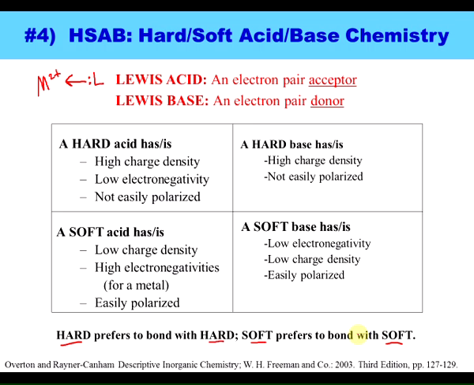concentrated. But a soft acid or a base has a very fluffy electron cloud. It's easily polarizable, and typically you're going to have low charge density. Since you're not going to have a high charge to keep everything concentrated, with a lower charge, you're going to have a more diffuse electron cloud. And so on the next slide we'll give you some examples of some hard and soft acids and